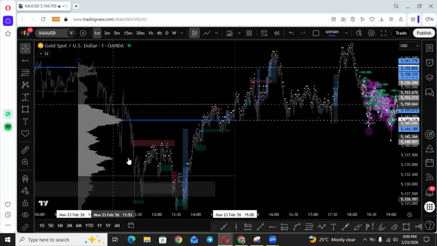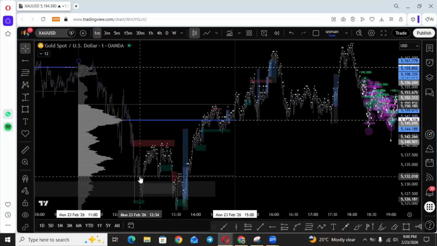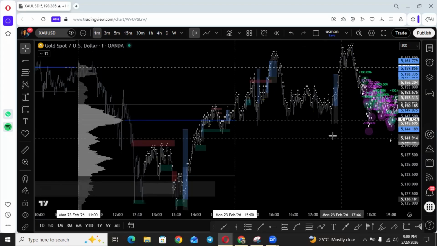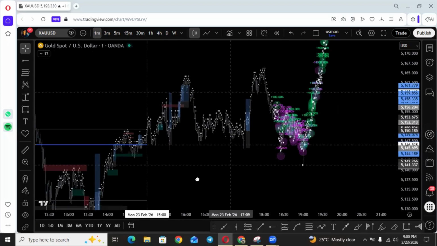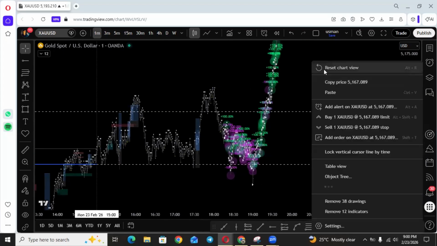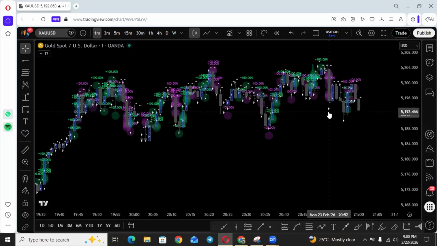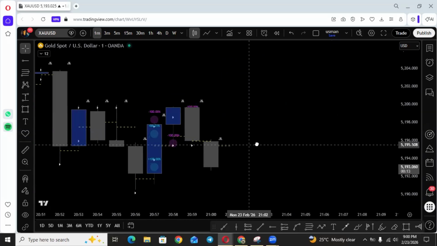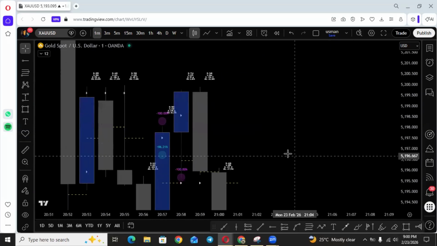And this is value area high, and this is value area low. Okay, and that goes the same for these candles. Let me show you the point of control. Every candle, so you may see